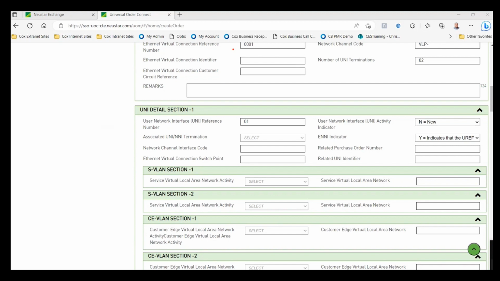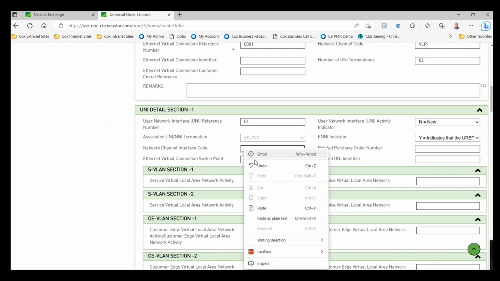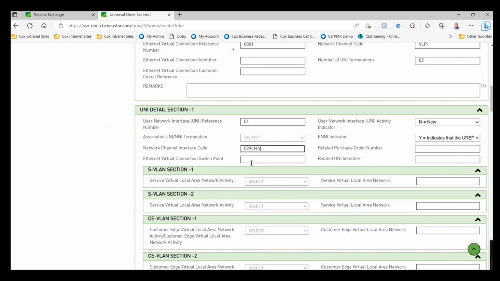Network channel interface code. So I'm taking this from my documentation and I'm pasting that code in here. And then my related UNI identifier. So my circuit ID from my documentation. So there's my circuit ID. Okay, so that's everything in the